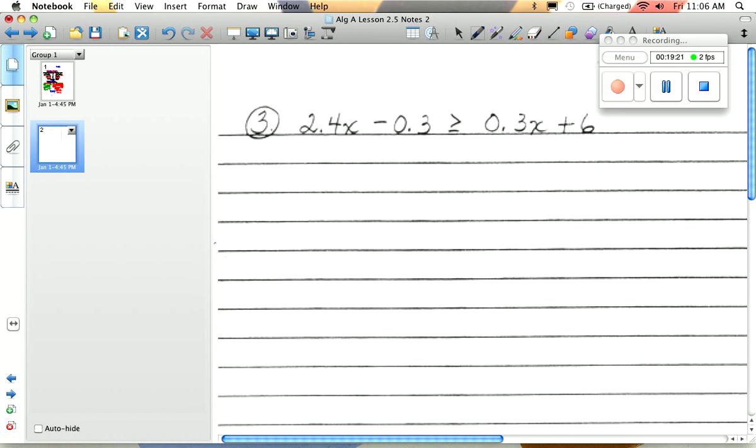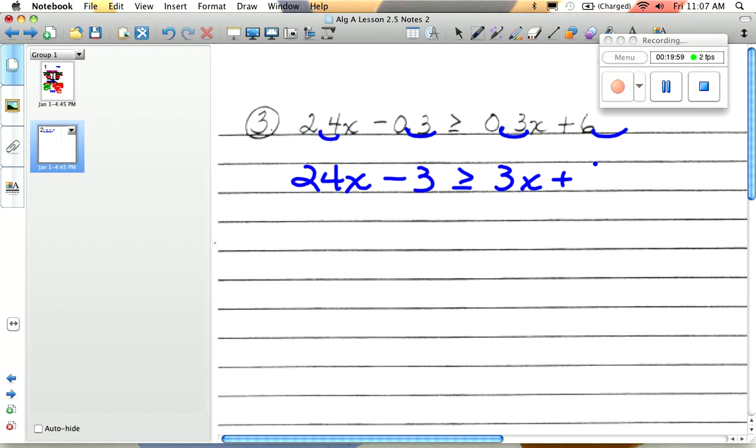No, we don't even want to change them into fractions. Can we change them to whole numbers? We can change them to whole numbers. How could we do that? Multiply, move the decimal point. So if we move this one's decimal point, then we have to move every one of them. So we can move this one, this one, and this one also. So we're going to rename this inequality as 24x minus 3 is greater than or equal to 3x